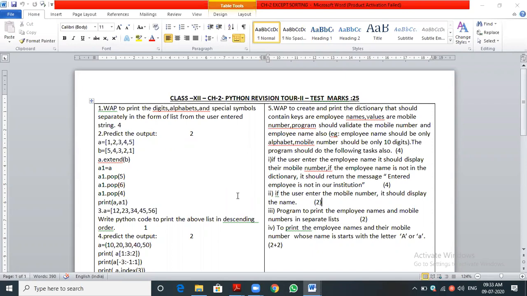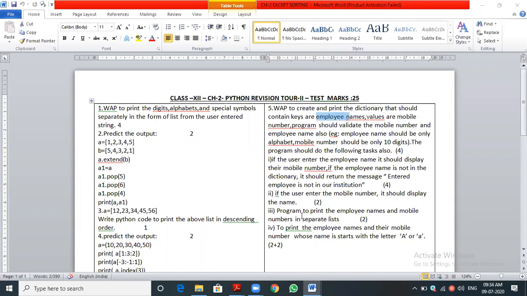Then what will happen next? If the mobile number is received, we can get the mobile number in a variable M, suppose. M equal to D of I. Whether the value is the same, then we want to print the I value. What is I? That is a key element. Because if the user enters a mobile number, it should display the name. We need to print the name. What is name? Name is a key. We defined name should be a key. You can see employee name should be a key.